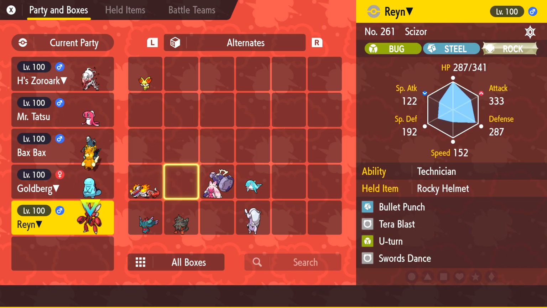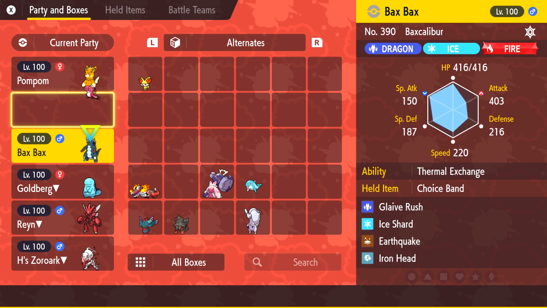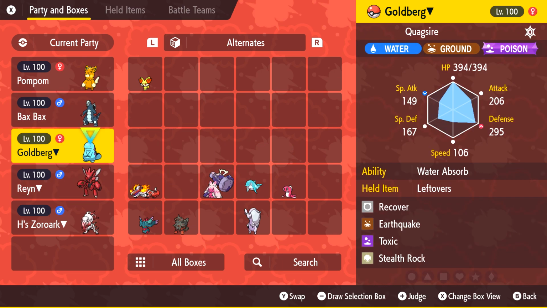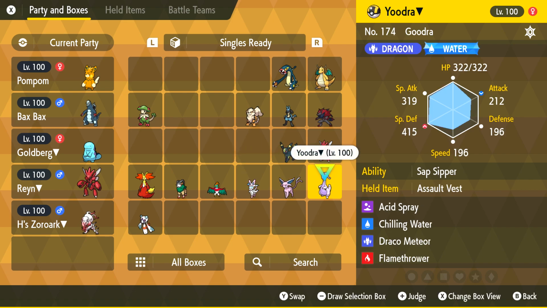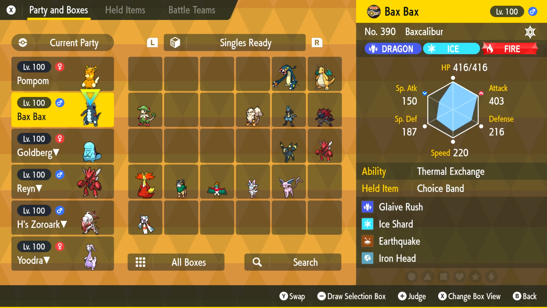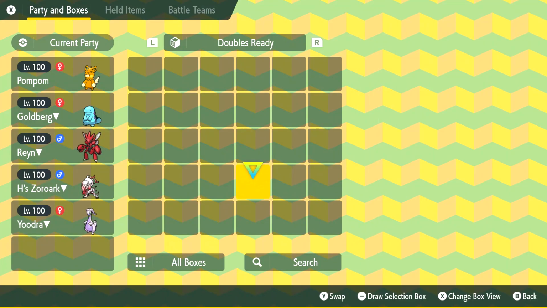But okay, what do you say we put Pom Pom back in the party? Because Pom Pom will have the ability to paralyze opposing Pokemon. And then what do you say, I mean, Mr. Tatsu, you've been fun and all, but what do you say we sit this one out? And then we can have, how about like regular Goodra with me? And how about instead of Backs, we go ahead and we grab